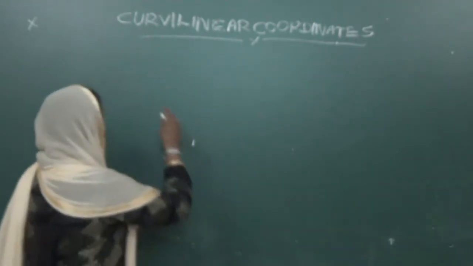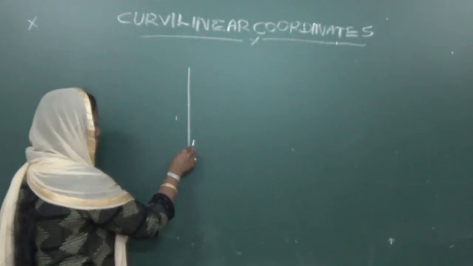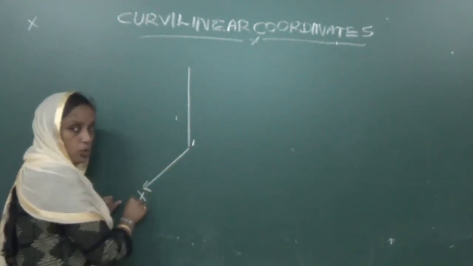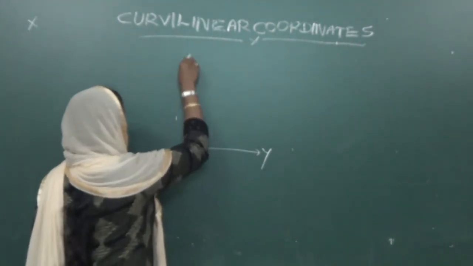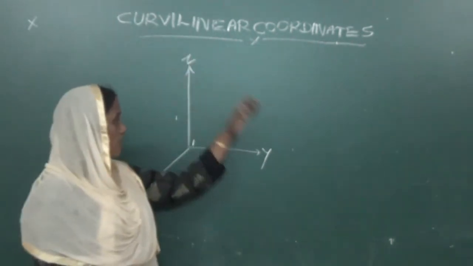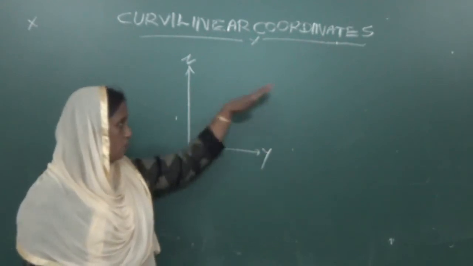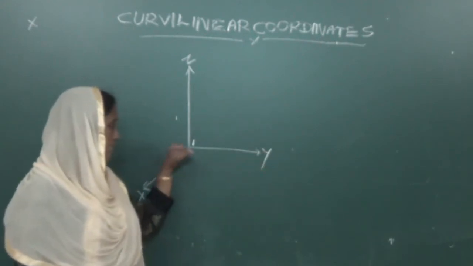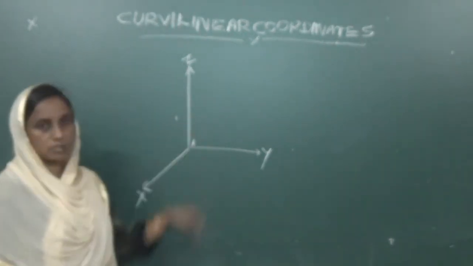For example, we are familiar with the Cartesian coordinate system. This is the Cartesian coordinate system. Here, the YZ plane is on this board itself. This board lies on the YZ plane and the x-axis is pointing outward. Okay, we can show it like this.